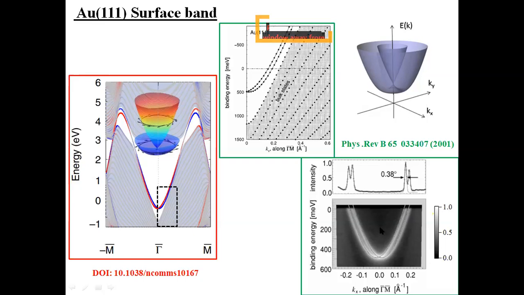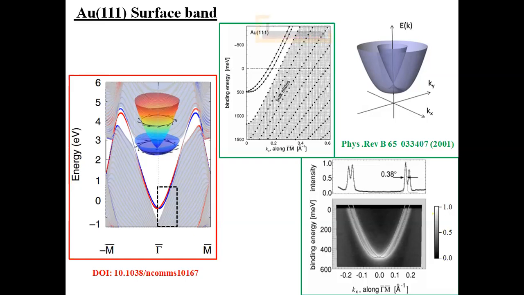So you can see, it looks like two shifted parabolas. I mean, if you take a cut through the schematic, you will get two shifted parabolas. So in this case, you can guess how the Fermi surface would look like, although I have not shown it here. From this figure, you can see the Fermi level lies somewhere here. So if that Fermi level cuts it here, you will get two concentric circles centered around this kx ky momentum. So you will get two concentric circles in this case as your Fermi contour.